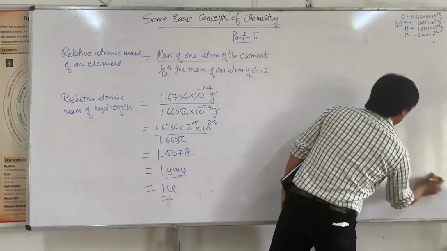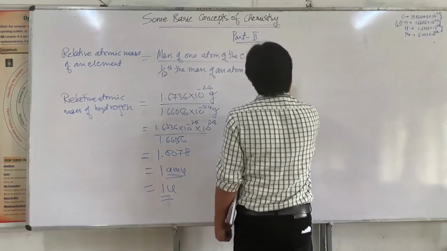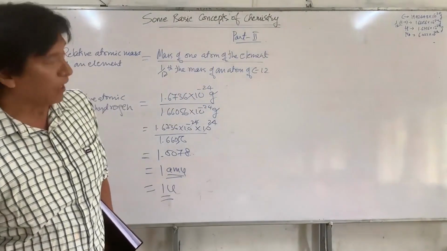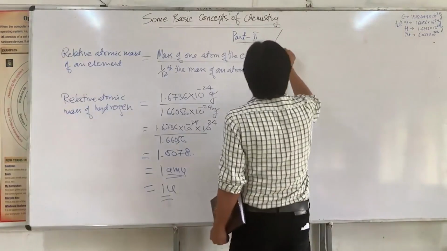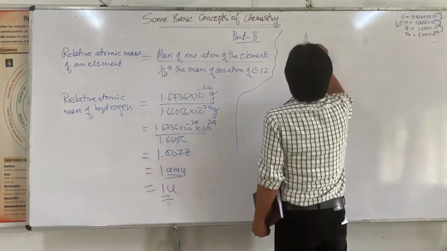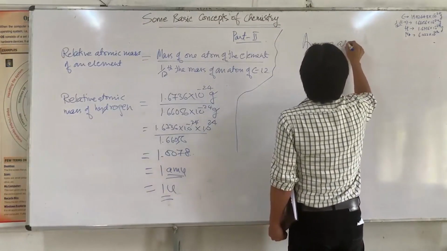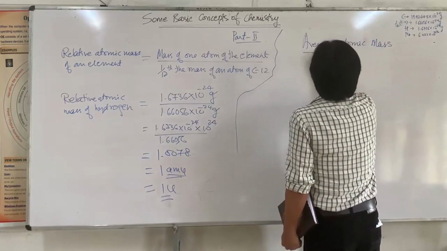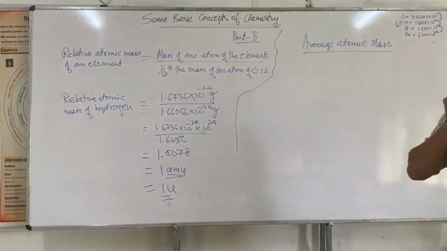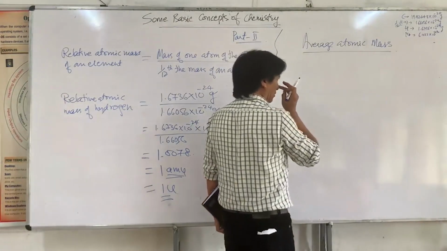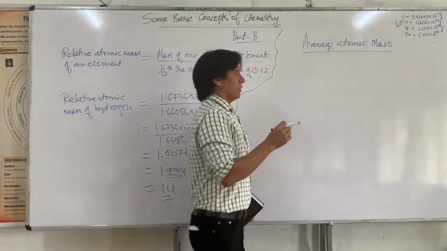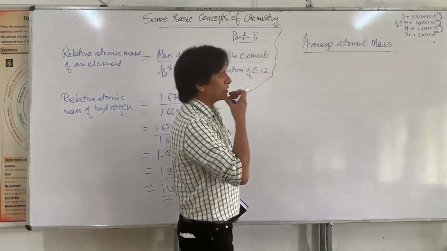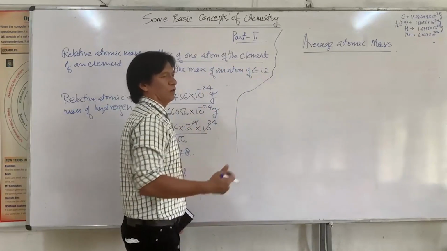So based on their existence and abundance, we find what is known as the average atomic mass. When I say average atomic mass, it is actually the average of the masses of the isotopes of these